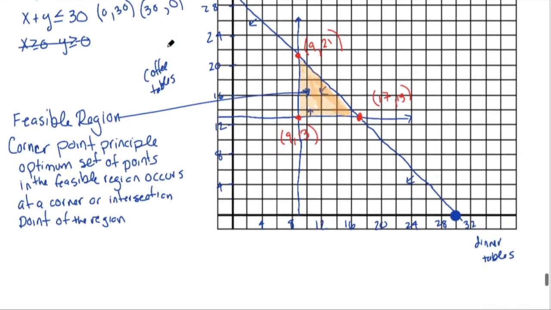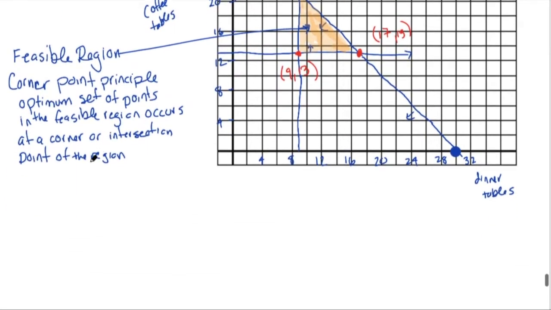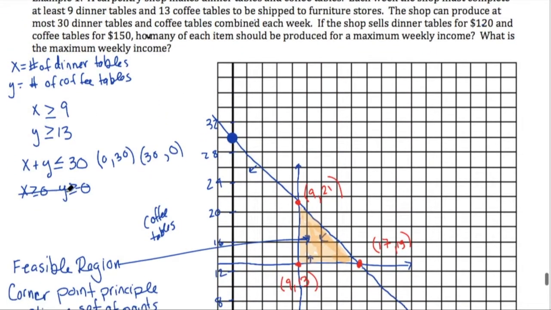So we're going to make a third equation for the thing we want to maximize or sometimes minimize. That's why in the definition I put the optimum, because maybe we want to minimize something or maximize something. So we want to optimize something. So anyways, this time we want to maximize income. So I'm going to make I for income, and that's equal to, gotta check my numbers again, 120 times the